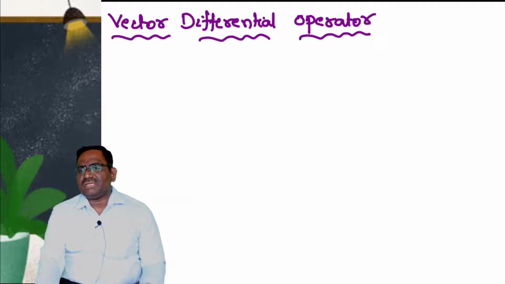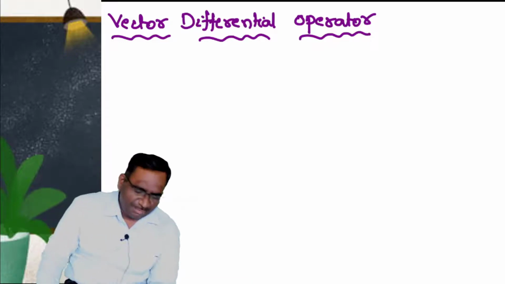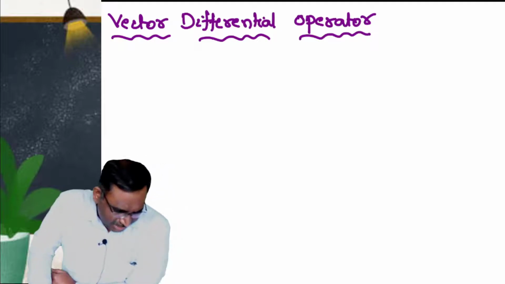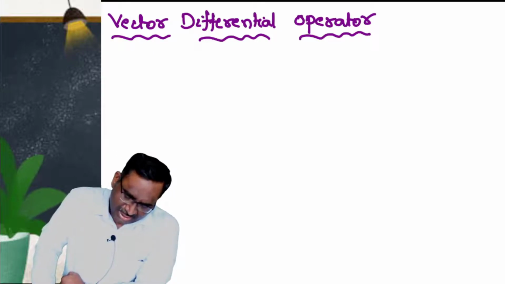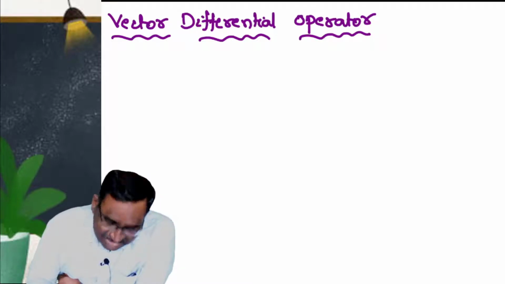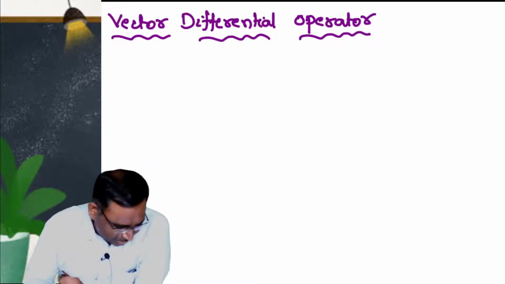So, this is a vector differential operator. The vector differential operator, it is defined and it is denoted by,